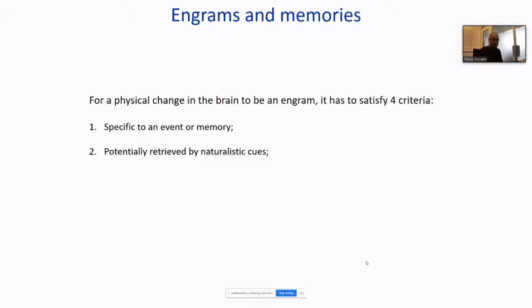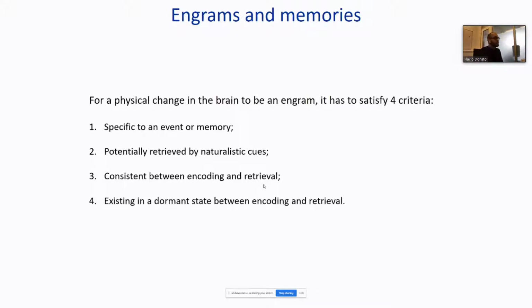and the activation should induce the recall itself. It should be consistent, this memory trace, between encoding and retrieval, because it should be the same type of memory trace that is present in our brain. And it should be active during encoding, active during retrieval, but dormant between encoding and retrieval. Because otherwise, it would be active during encoding and retrieval, but you don't actually remember what that memory trace should be encoding. It's definitely not a specific connection between that physical substrate and the remembering of that memory.